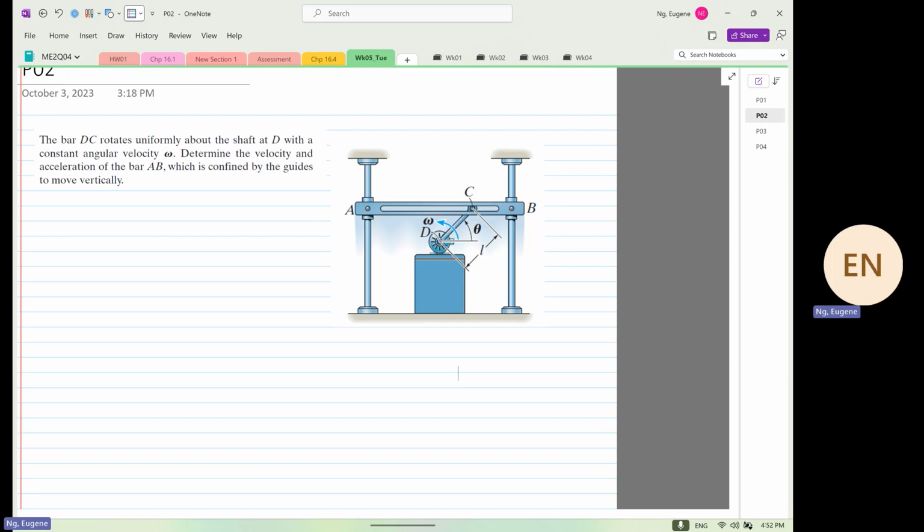So the first thing we do: a bar DC rotates uniformly about the shaft at D. You realize that this thing is rotating. Determine the velocity and acceleration of the bar AB, which is confined by the guides to move vertically. So we know that the motion of AB is up or down. So we have to know